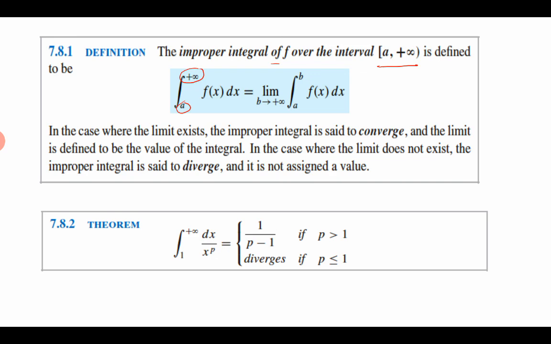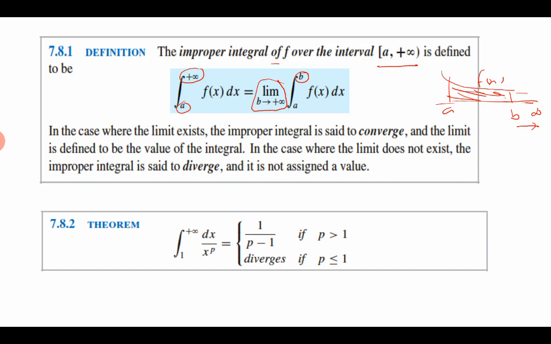The upper limit will be replaced by a constant b, and then we take the limit as b goes to positive infinity. Here a curve may be like this, going on infinitely. We are starting from a, and the upper limit has not been given, it's going to infinity. So we stop at some b. We find the integration of the function f of x from a to b, and we take the limit as b